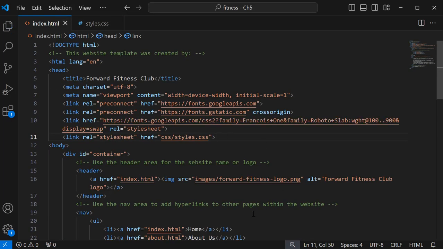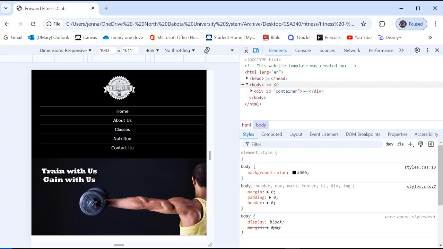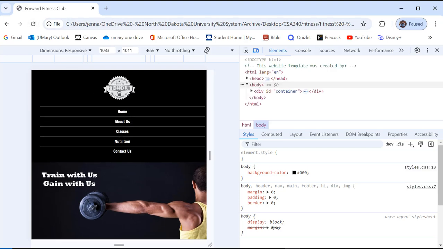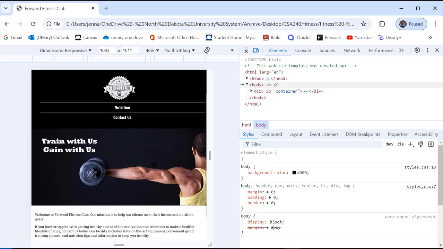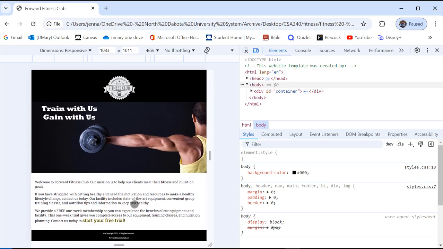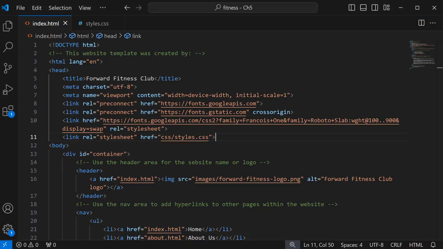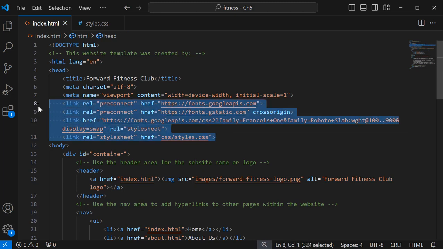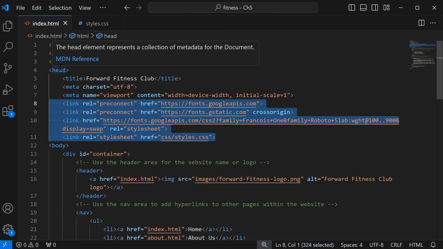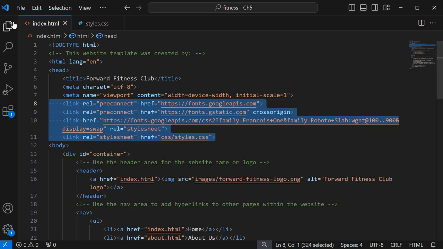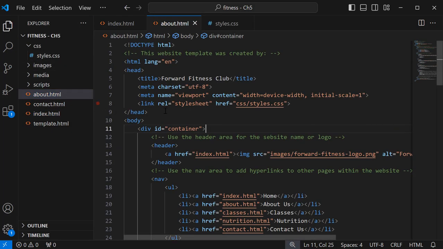And then we have index. I'm going to view this over here in my simulator, and you can see that the font changed there. If we scroll down the page, the main section font was also adjusted. We want to make sure that we add this information to all of our web pages, because this is just the index page. So after viewport, in about,